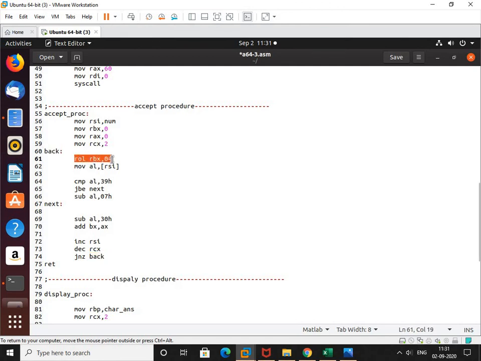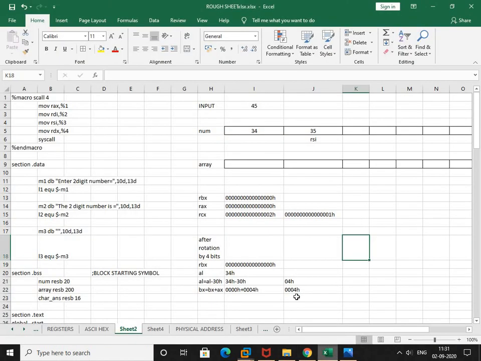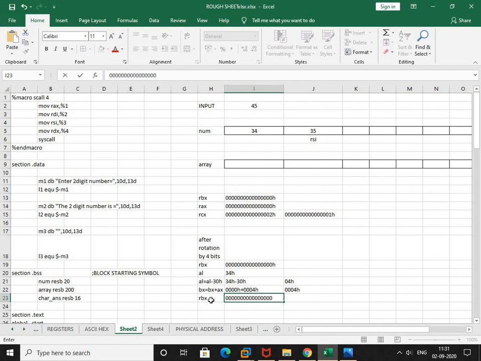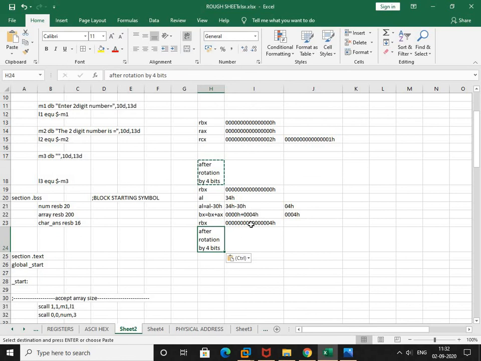Again, now we will rotate the content of RBX by 4 bits. See, now the content of RBX is this much, right? So after rotation by 4 bits, what will happen?